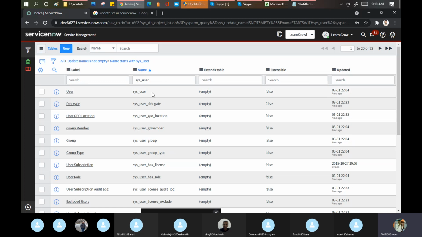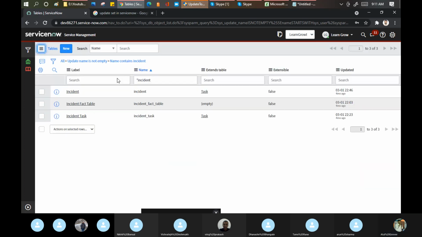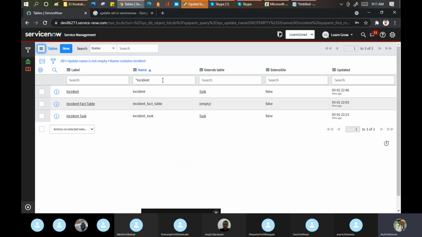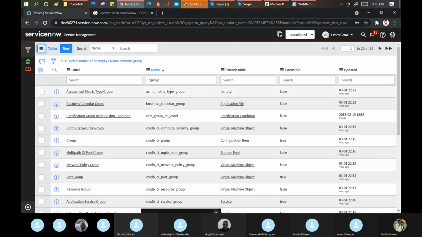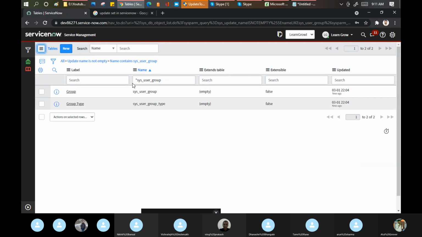See, sys underscore user is a user table. Let's have an incident table. This is my incident table. Let me see the group table. Yesterday we saw the group, right? Many results came up. 81 are there. This one. Because I remember the name, I put it like this. So this is my group table.